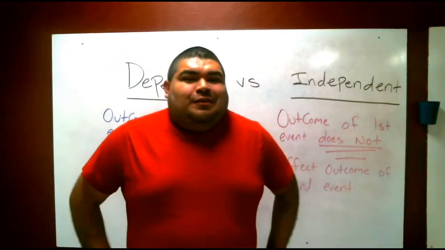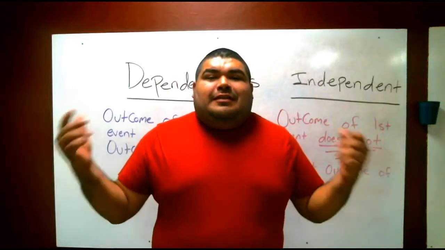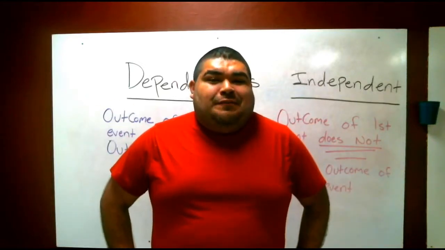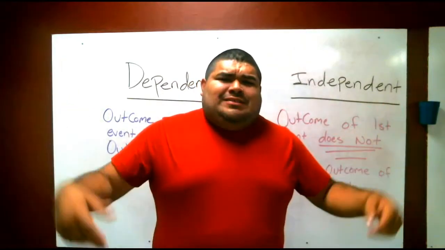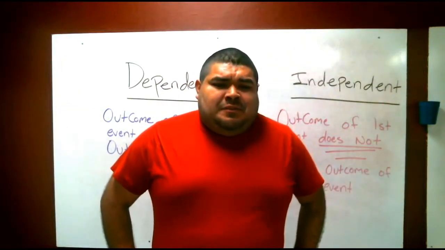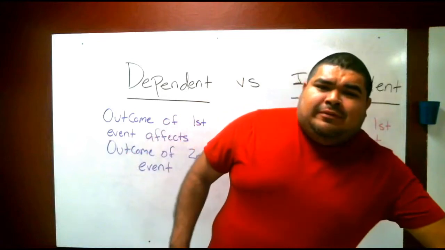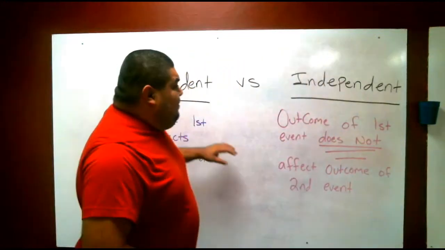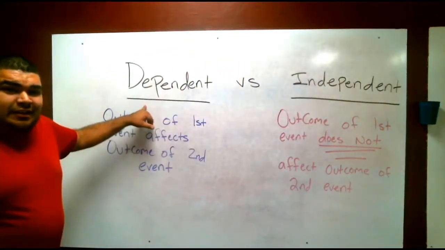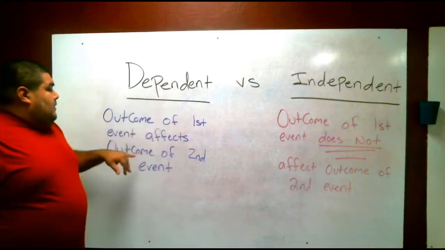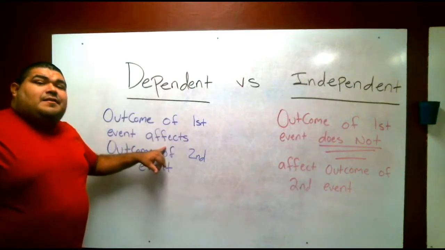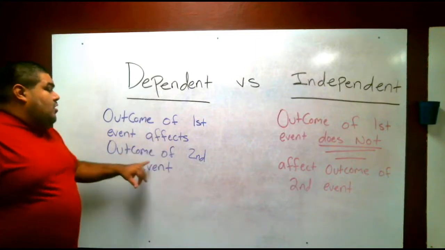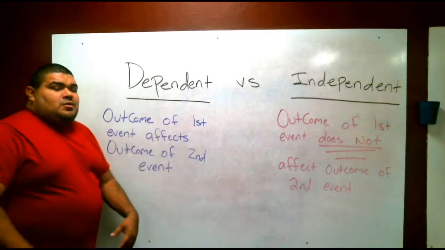Today in math, we're going to cover dependent and independent events. Okay? You might ask yourself, what are dependent and independent events? Let me show you. A dependent event, should I say, is when the outcome of a first event affects the outcome of the second event. Meaning,